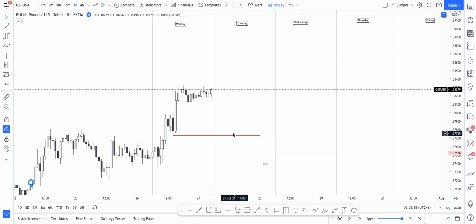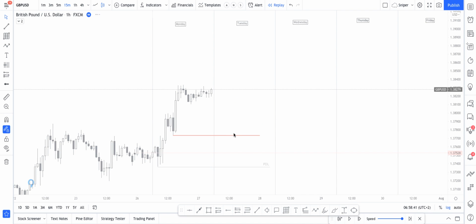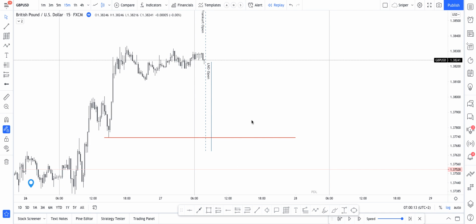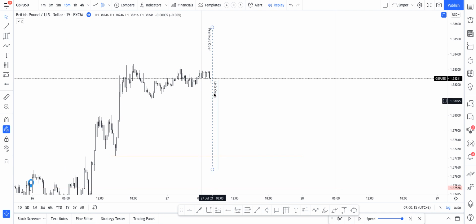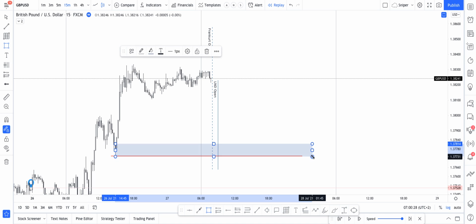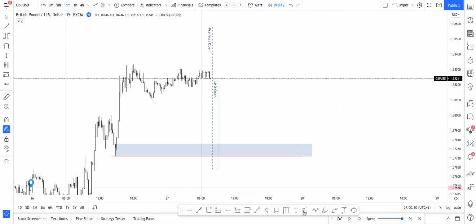So then on the 15-minute, we need to look at price action and see what we can deduce from the 15-minute. Okay, on the 15-minute, we have now this line showing Frankfurt Open, just drew it in, 8 AM GMT plus 2, and London Open, 9 AM GMT plus 2, for those wondering. And there we have also a candle that can possibly act as an order block,